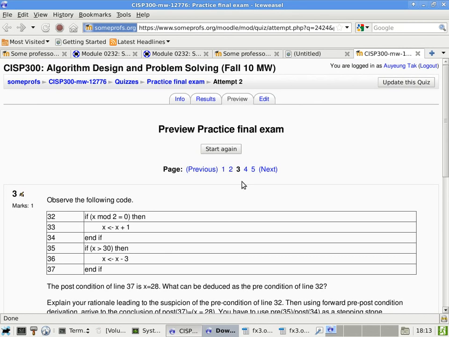Is that making any sense? Okay, so let's work with the other side. Let's work with the left-hand side. If x is 31